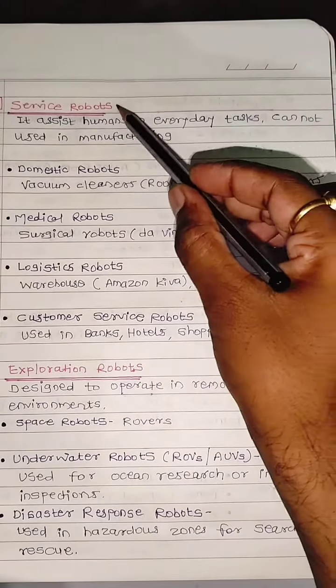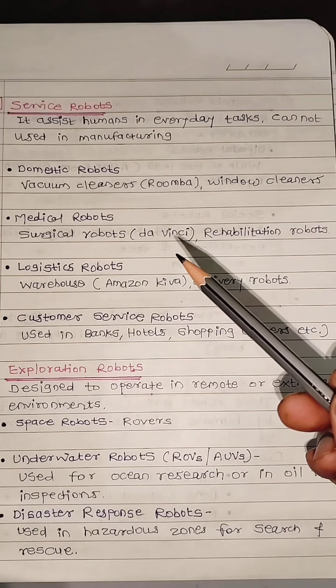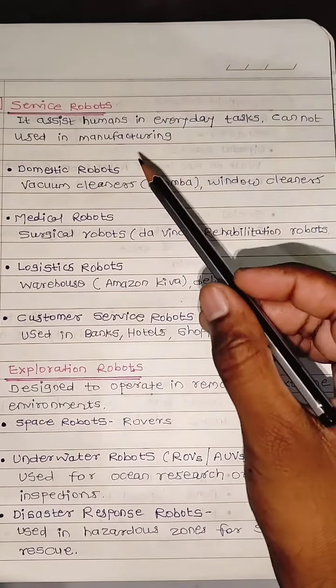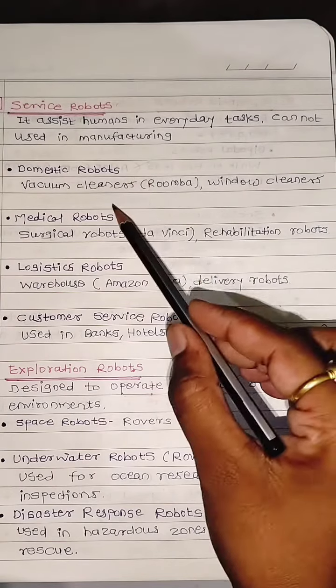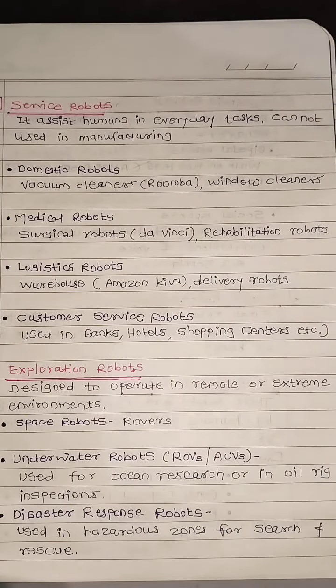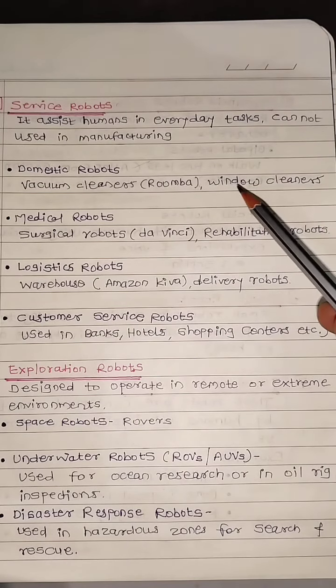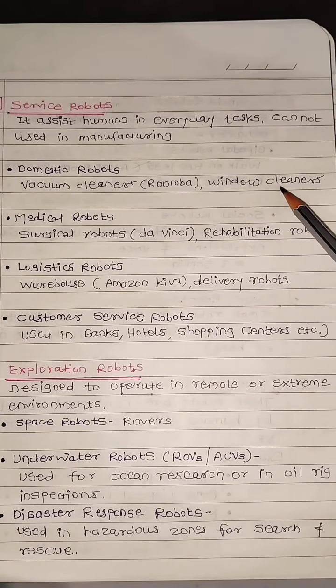Our next robot is the service robot. Service robots assist humans in everyday tasks and are not used in manufacturing. Means these robots are provided only for service purposes. Some examples of service robots include domestic robots, medical robots, logistics robots, and customer service robots. The first one is the domestic robot. For example, in our homes cleaning is necessary, so for that purpose a vacuum cleaner type robot, the Roomba robot,